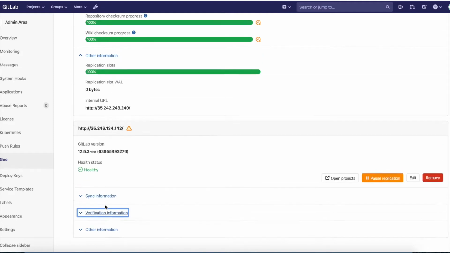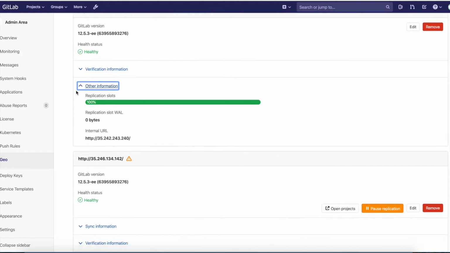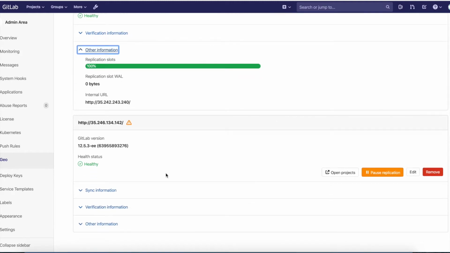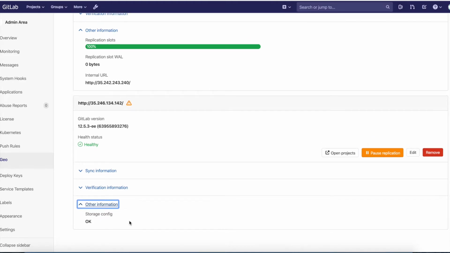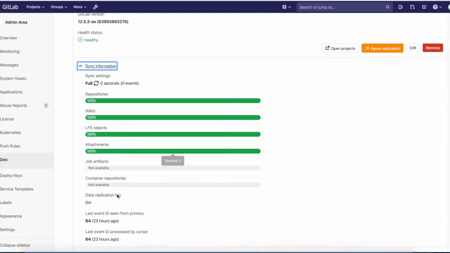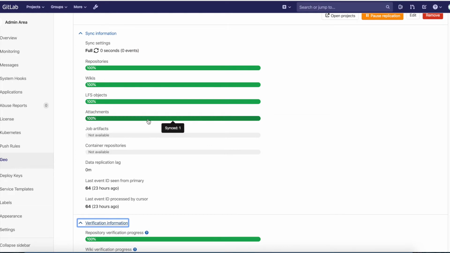Also, for some reason, the primary node is grouped with two different kinds of information. One is verification information, and the second one is the other information. And the other information is a bit vague, I mean, in terms of labeling. The components inside of the other information area seem a little bit different, which is a little bit confusing. And it seems like everything works very well, thankfully, but